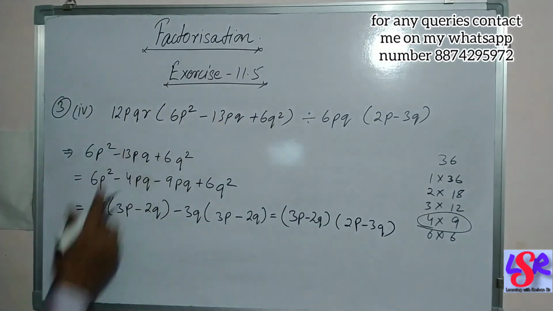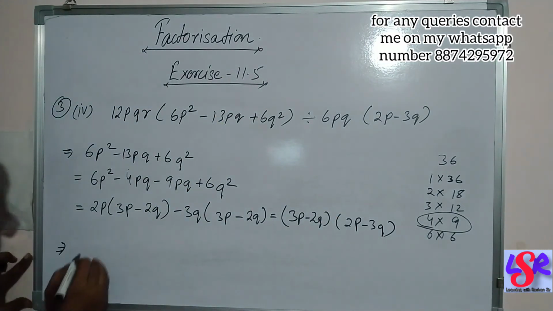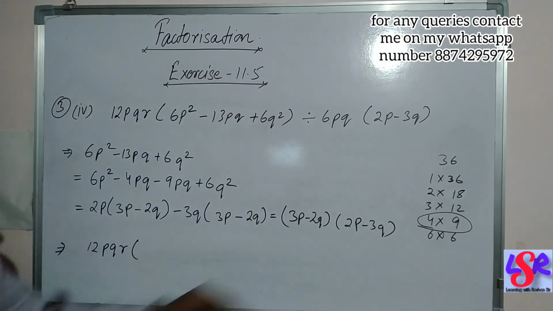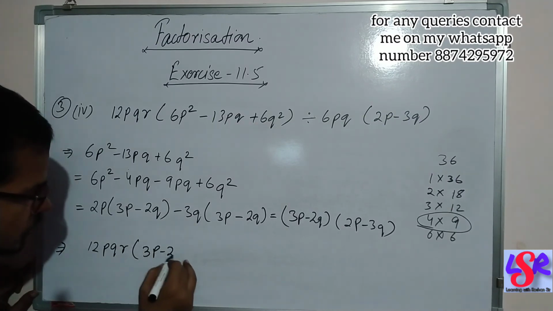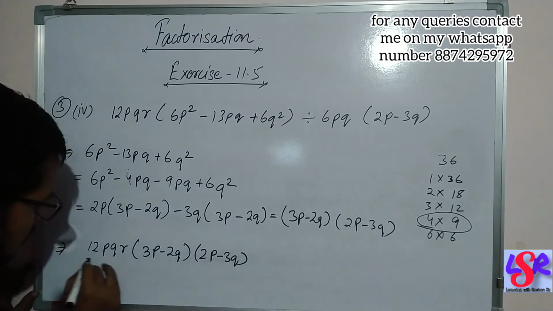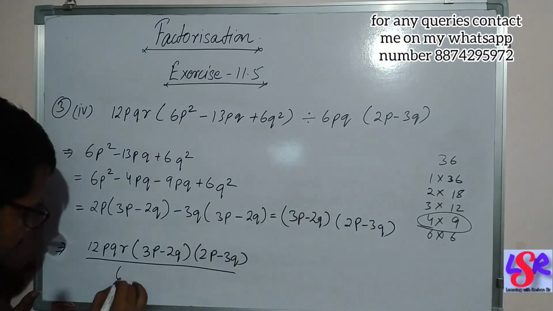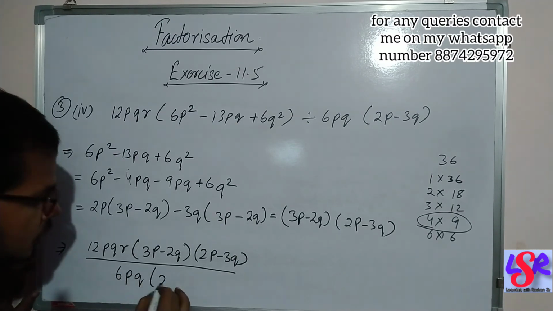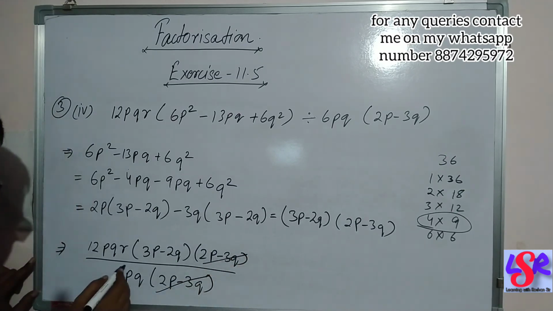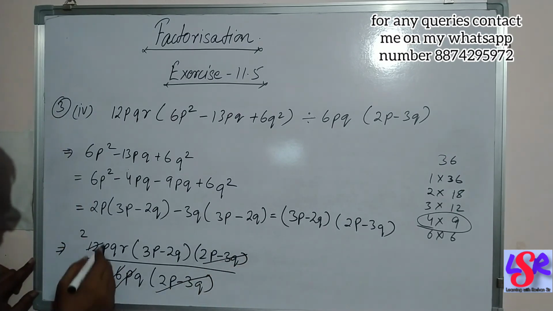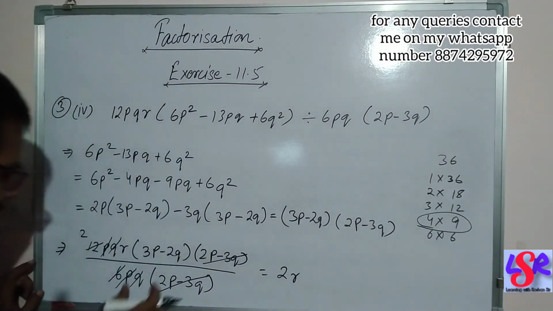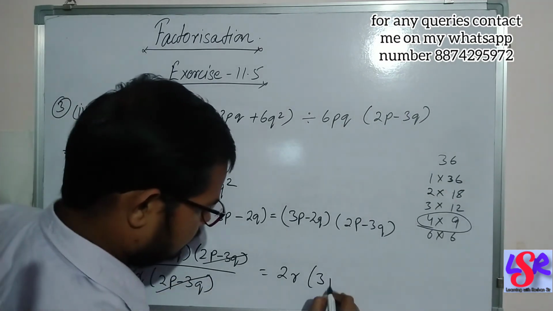Then we are going to write this one in a division form, and by doing so we'll be having 12pqr, and in place of this one we are going to write these two, that is 3p minus 2q and 2p minus 3q, whole upon this one, that is 6pq, 2p minus 3q. Now this is cancelled by this one, and here 6 is going to cancel this to get 2, p will cancel p and q will cancel q, and we're left with 2r and this bracket, that is 3p minus